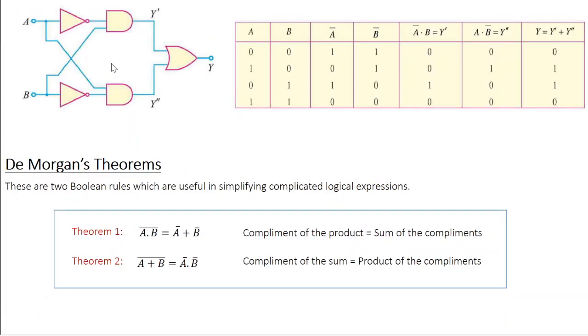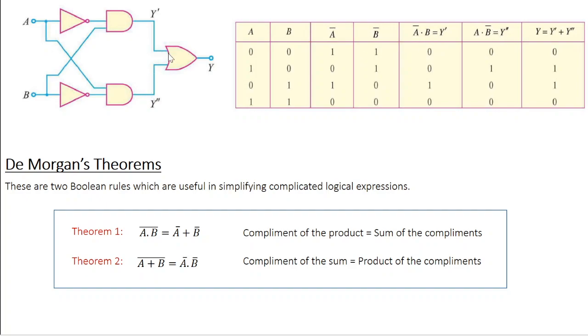And this is how you construct an XOR gate using a combination of OR gate, AND gate and NOT gate. So you can see here the output of a NOT gate is given to an AND gate, and the second input comes from this point. So here the inputs are A inverse and B. For this AND gate, the inputs are B inverse and A. Right, and the output of this AND gate Y prime is nothing but A inverse dot B, and the output of this AND gate Y double prime is A dot B inverse.